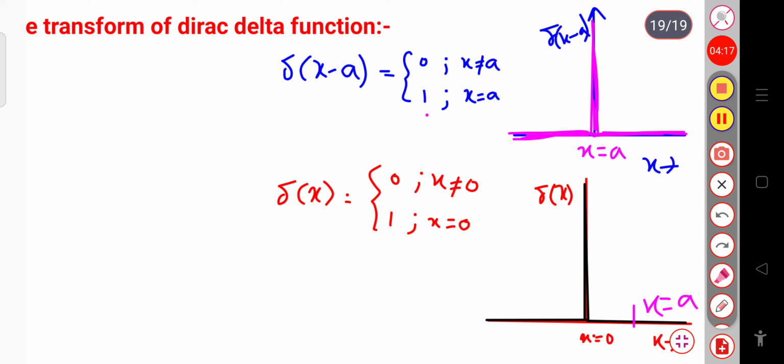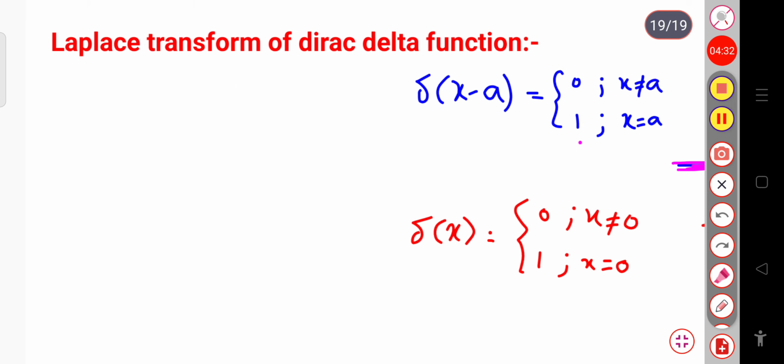Okay, but our main aim is to calculate the Laplace transform of this function. Now I will write the delta function, delta of x minus a, equal to this much, then I will calculate the Laplace transform of this function. Okay, now the Laplace transform of this delta function, that is, Laplace transform of delta of x minus a,